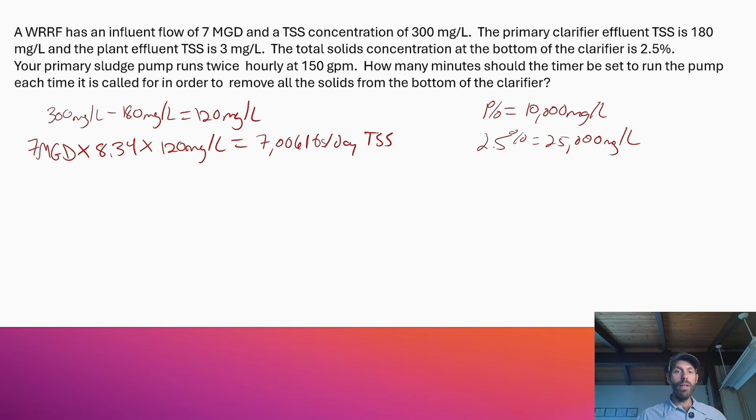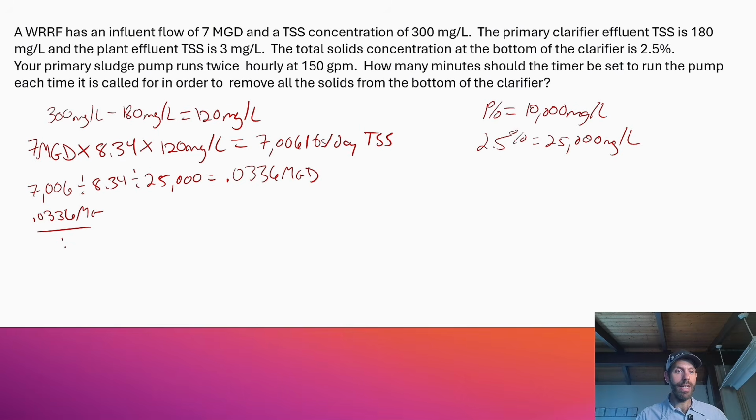So now watch. 7,006 pounds per day TSS, just a reverse pounds formula, divided by 8.34, divided by what? 25,000 milligrams per liter. I'm going to punch this in my calculator, and it gives me 0.0336 mgd. Okay, that's million gallons per day. Now I'm going to convert it to gallons per day. So that's 0.0336 mgd times 1 million